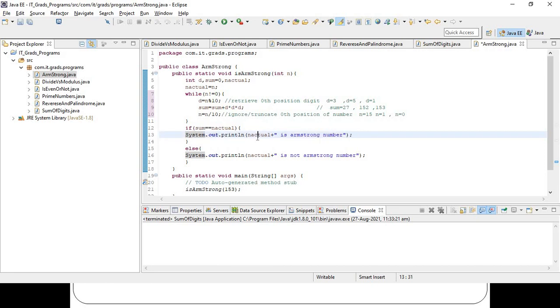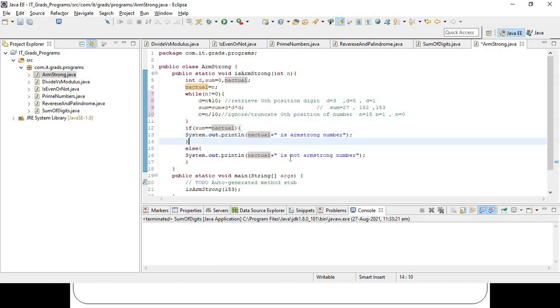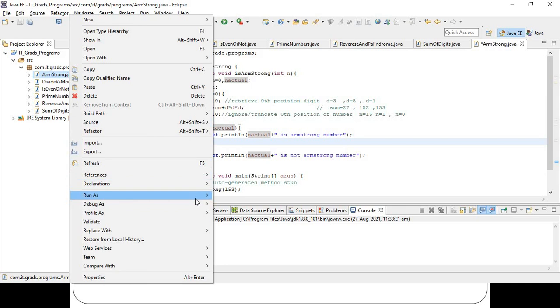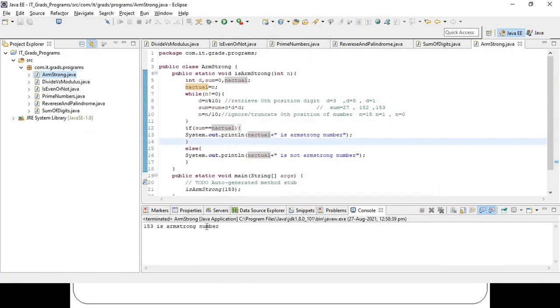I am saying n actual is an Armstrong number. Else, if that sum is not equal to n actual, then I am printing n actual is not an Armstrong number. Okay, I am going to execute this program now with 153, which is an Armstrong number.